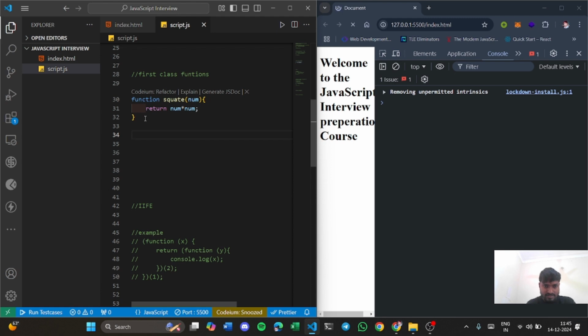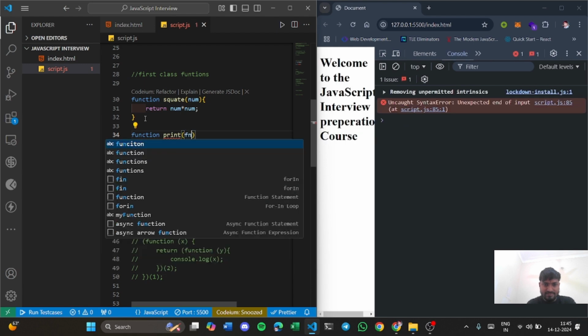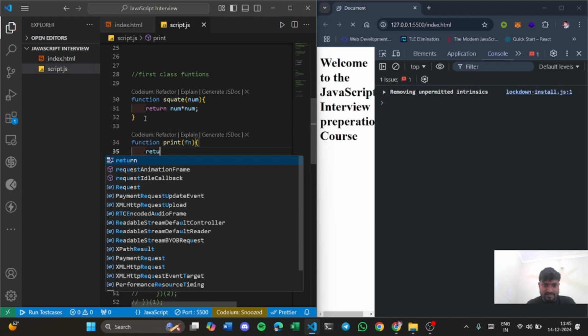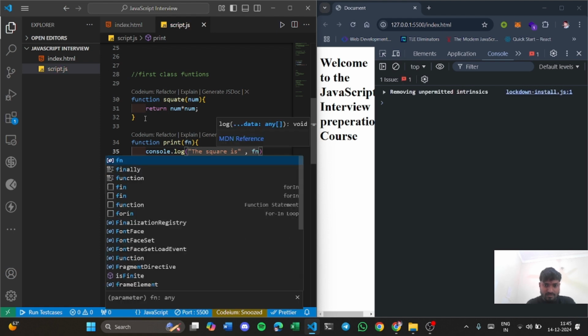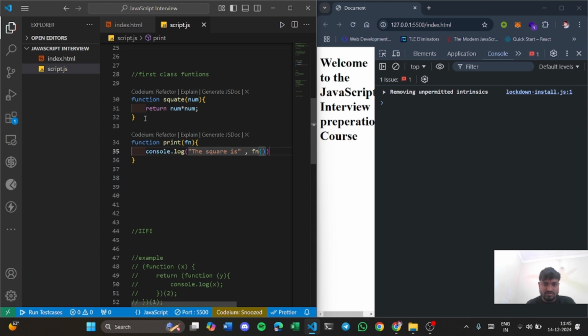Again, if you declare a function, let's call it print, and it takes a parameter as a function itself, and what it does is it simply logs the result of the function argument that we have taken. So let's take the square is